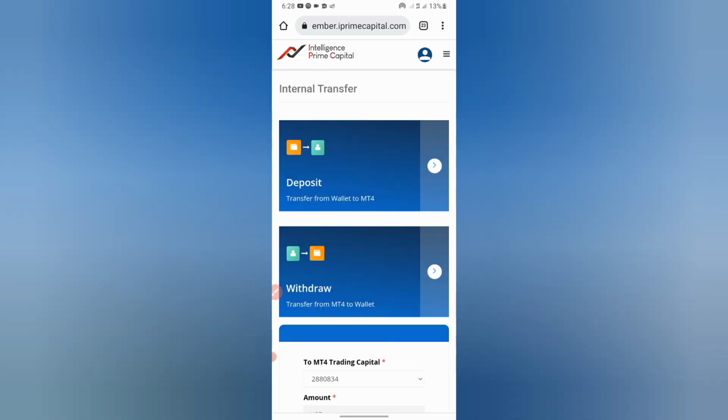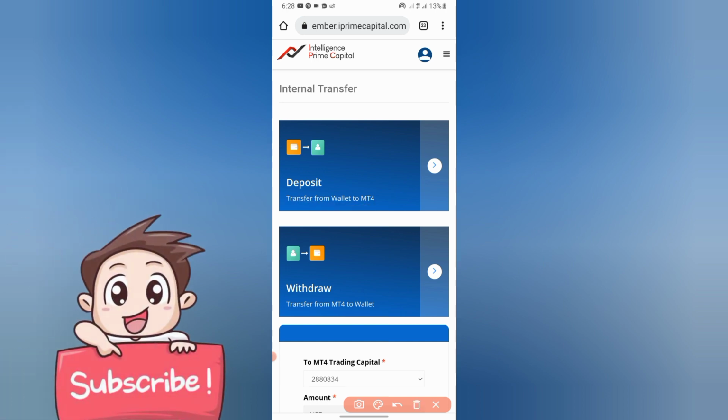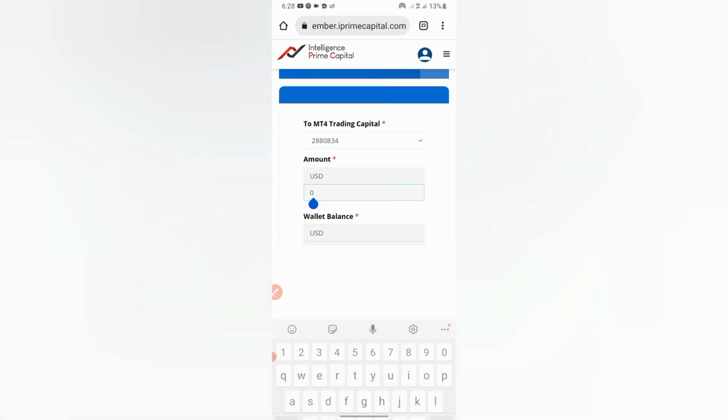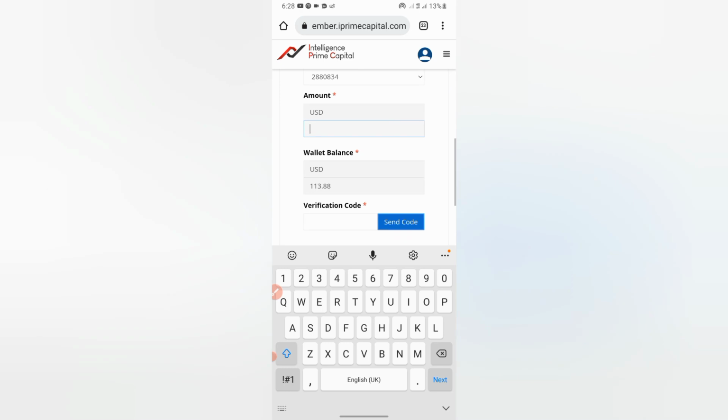Once it loads like this, make sure you click on this one that says transfer from, you can see it there, transfer from wallet to MT4. So that's what I'm gonna do. I'm gonna click on it now. Once you click on it, you go down and put the amount you want to transfer. So I want to transfer everything I have, that's my profit so far. I'm gonna do it